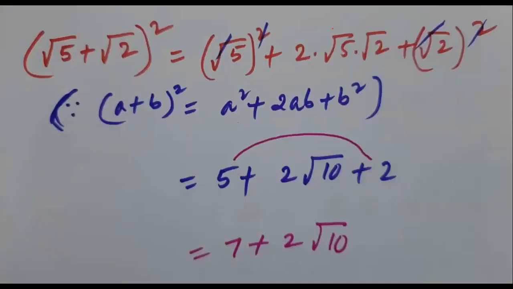I'm giving you one example. Look here at the top. Root 5 plus root 2 whole square. We know that a plus b whole square, or not? Yes or no? So a square plus 2ab plus b square. However, the square roots cancel, you will get 5 and 2. From here you will get 2. From here you will get 5. Inside value, root 5 into root 2, you will get root 10. However, these both are rational numbers. 5 plus 2, 7. Just add it. Done. Over. 2 marks. Just copy.